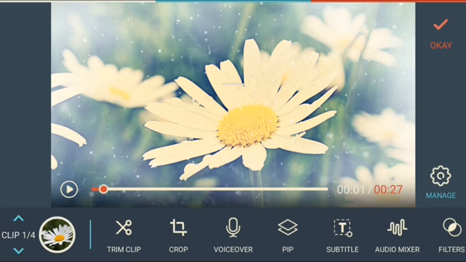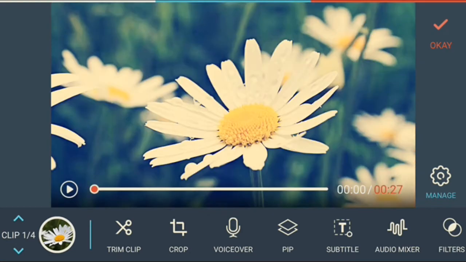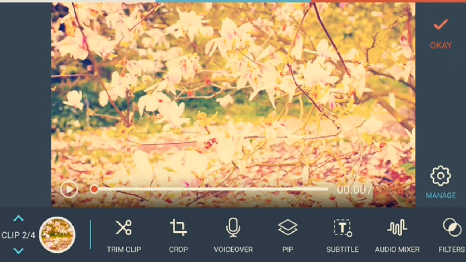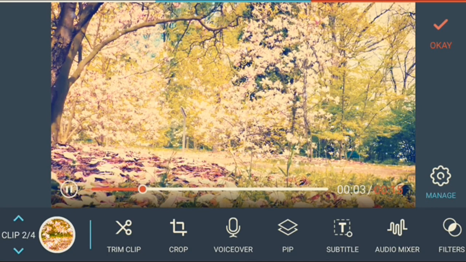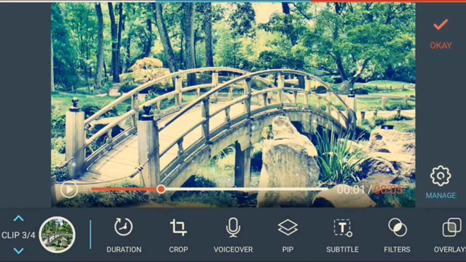You can adjust this by pulling it down or clicking on the top. So now 2/4, that is the second video clip, is shown here, which is now being played. Clicking here is now the third. This one is the photo clip.